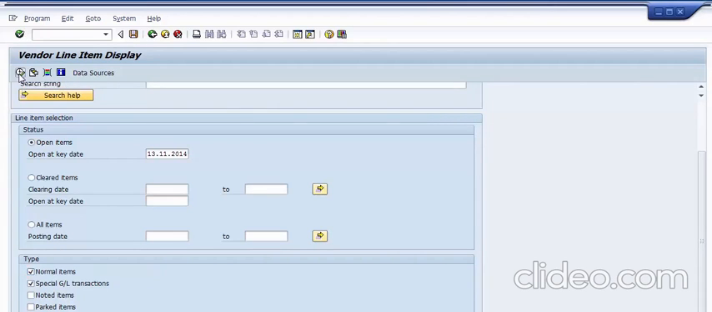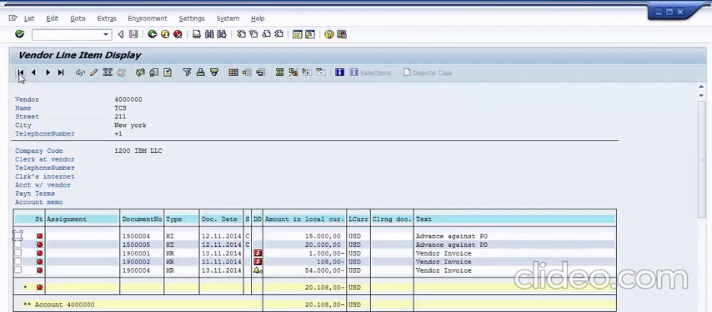So once you execute this report, it shows you the statement balance on the screen. So it shows that there are already two down payments, 15,000 and 20,000. That is why the system was giving you a message of 35,000 down payment against the vendor. So that is it. Right now we posted one invoice with $54,000, which is reflected